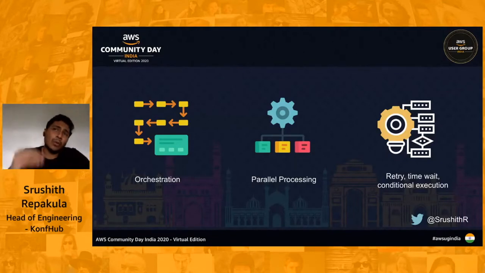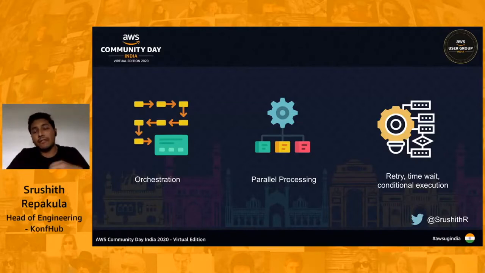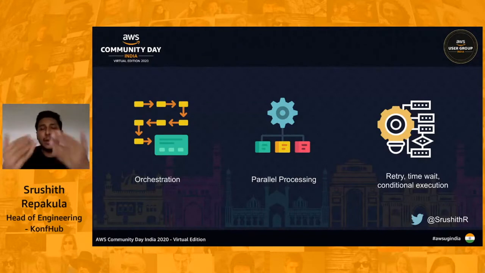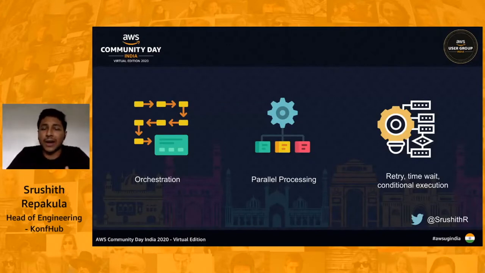Now, invocation is one part of it, right? There are various other things. A few of them I've mentioned here. One is the orchestration. It really helps in orchestrating the Lambda functions instead of us orchestrating them in the application code. So you're moving the orchestration logic out of the application layer and keeping it one level higher, so that the flow doesn't creep into the application logic, right? So that is the orchestration advantage that we get.